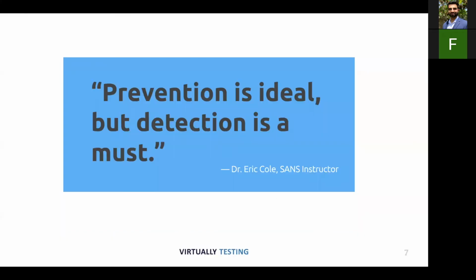Okay, so prevention is ideal, but detection is a must. I had a quick story here. I was attending one of the seminars, and the guest speaker was a very famous consultant. At the same time, he owns his own security company which provides pen testing. He was talking about how important it is to do detection first and then prevention. And he was having a hard time explaining that to one of the government agencies for which he was